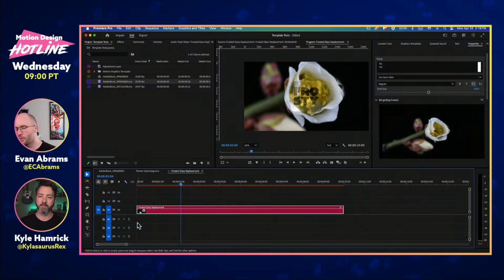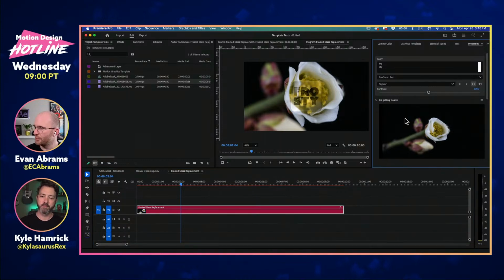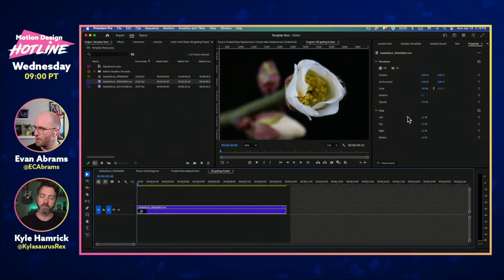Now, one of the issues you're going to have if you start setting stuff like this up is we don't have a huge amount of influence over the timing. We're literally filling the thing with the footage. So it's not a perfect solution. It's not super great. But if you have a B-roll with frosty callouts on top of it, this will get you there, right? This will get you to the thing, because if you double click this zone,